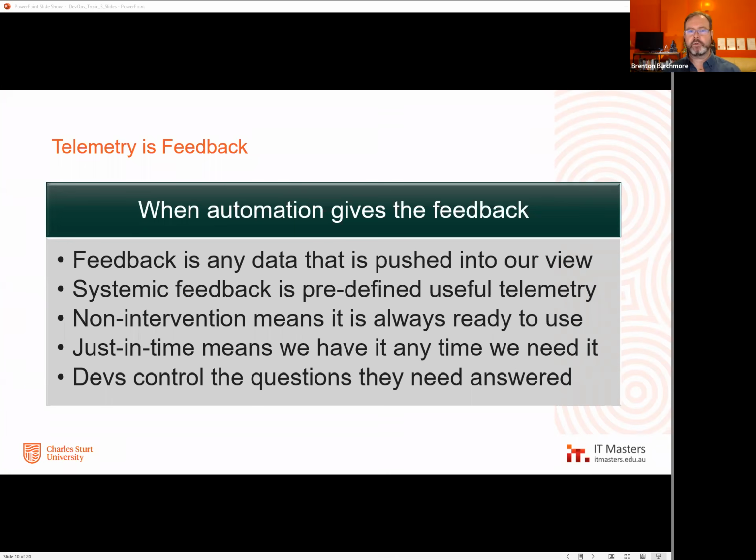So it's not meant to create security loopholes. And that is one of the parameters that needs to be considered when either devs or ops are writing and creating telemetry requirements. So it can sometimes be a bit of a safety rail.